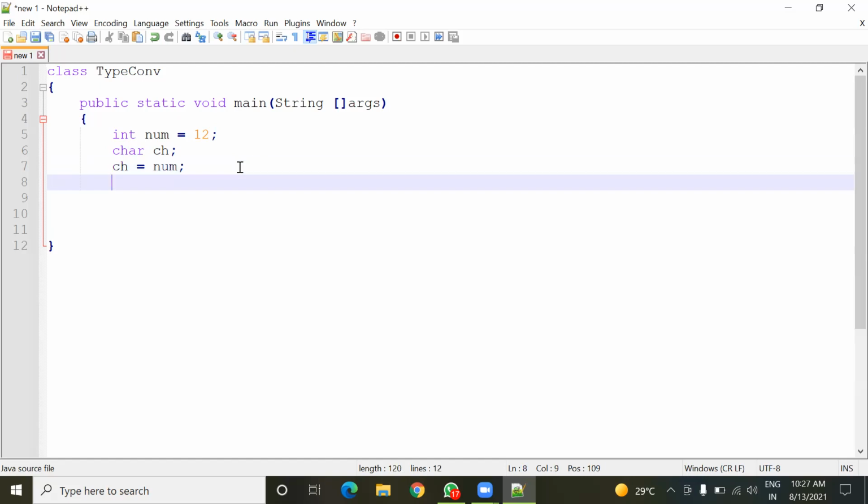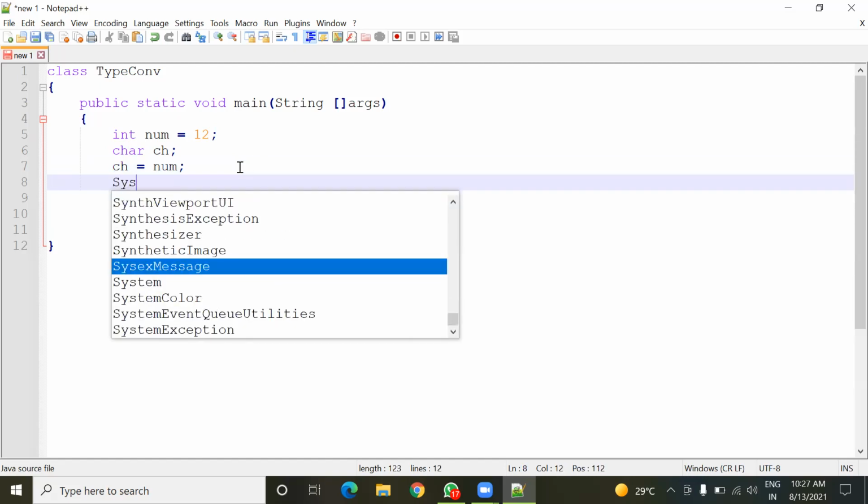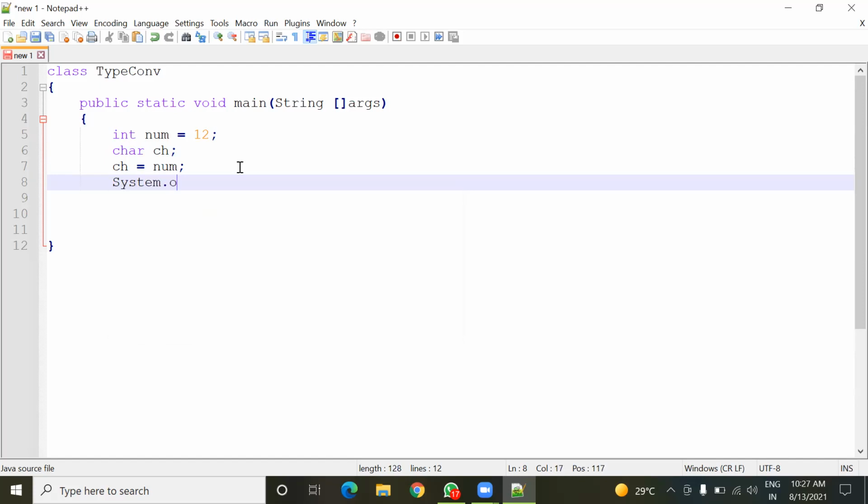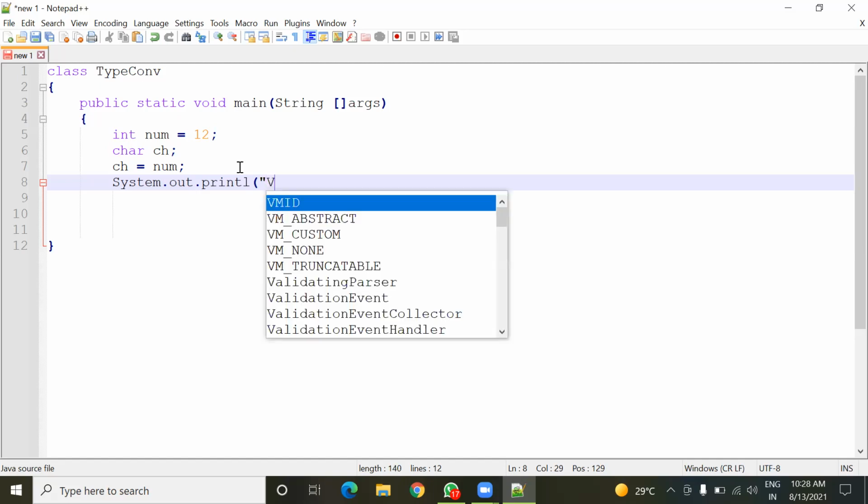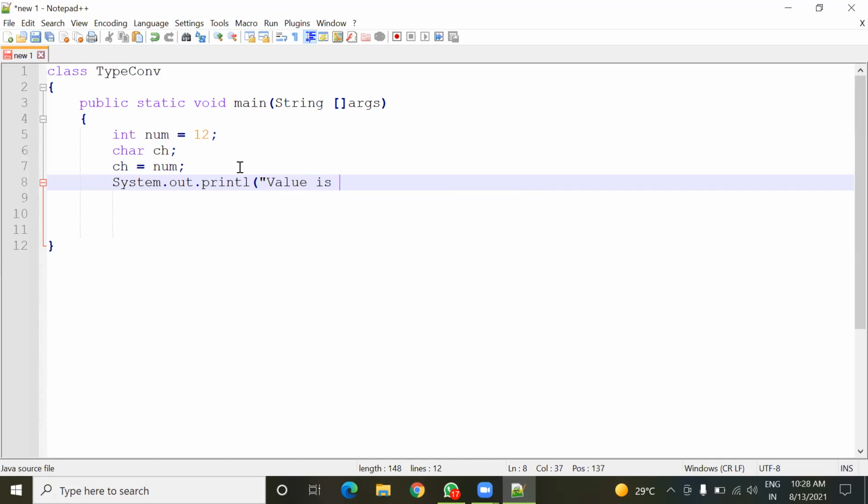At the last, I'll display the output with System.out.println, and in the message I'm going to give: value in variable ch equals, so it is stored in the ch variable.